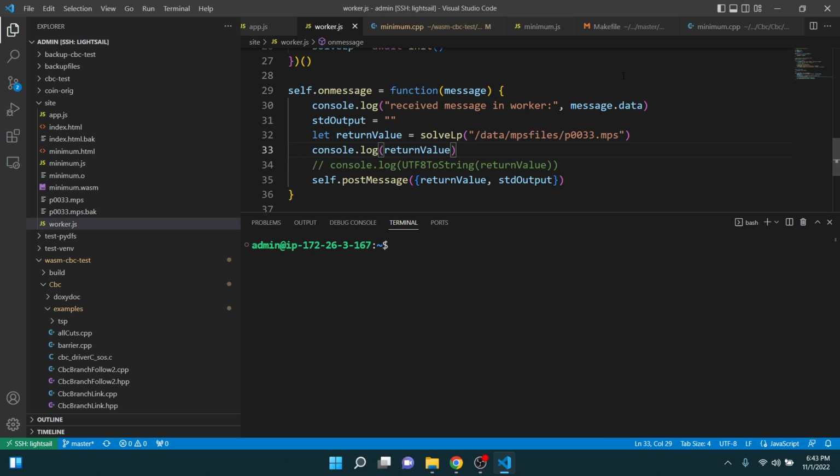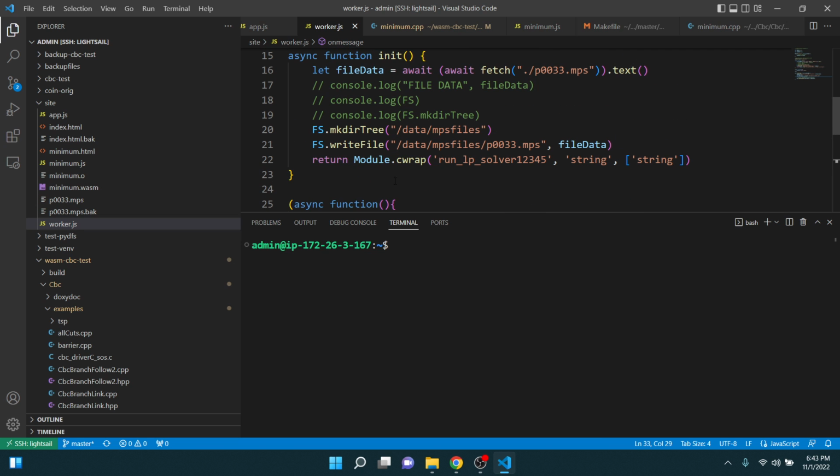But I think cwrap, I believe, takes care of that for you. So that did make me think that it's okay to do what I'm doing, and I can ignore that warning, I think, because I pretty much know they share memory,